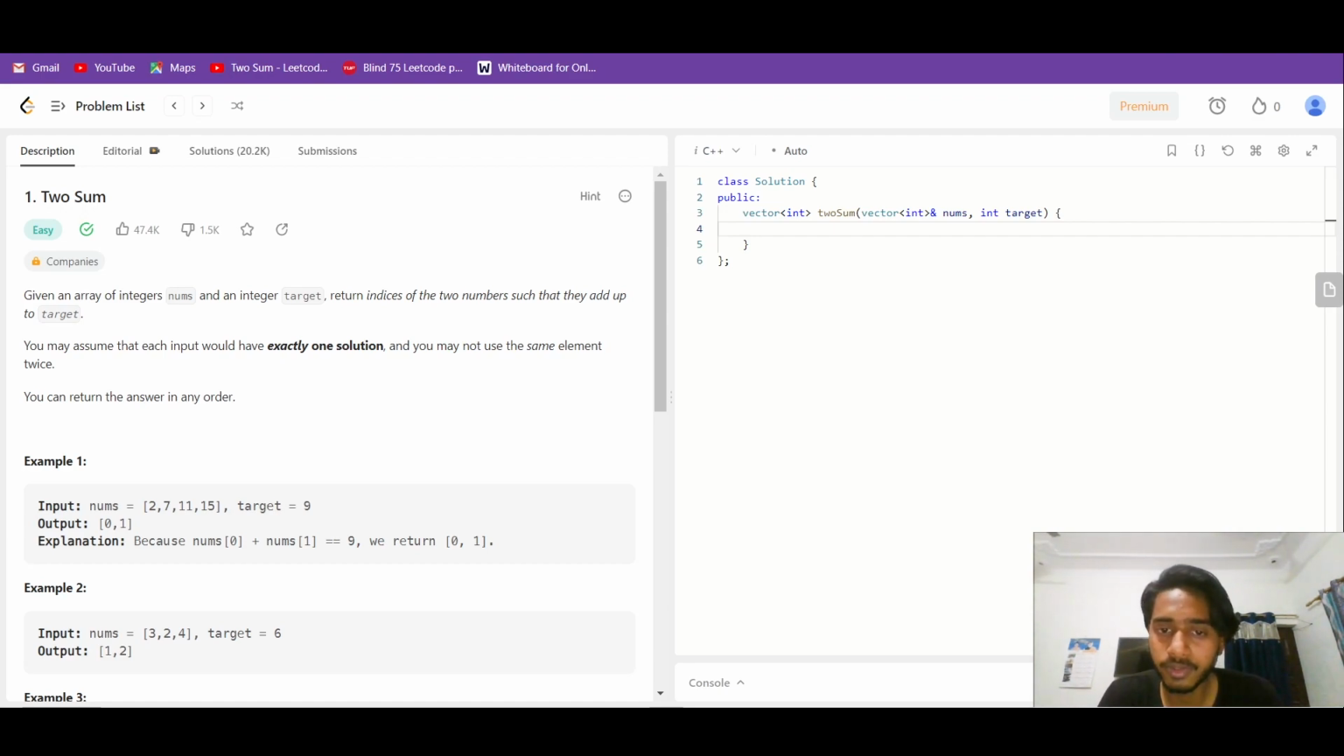But if we are checking for every element, we are iterating through the whole array again. So it requires nested loops. So it is O of n square time complexity. So it is very high. So